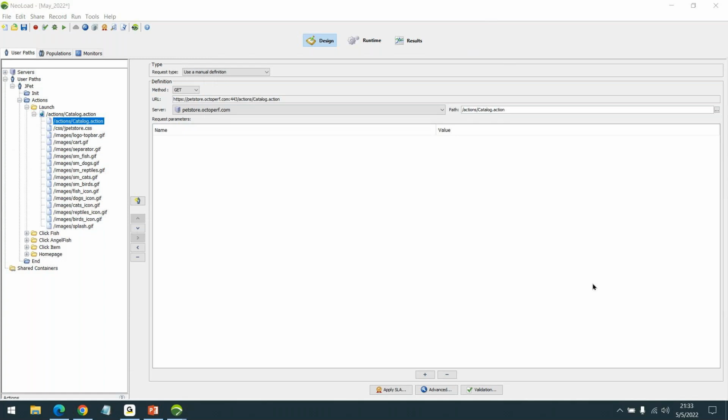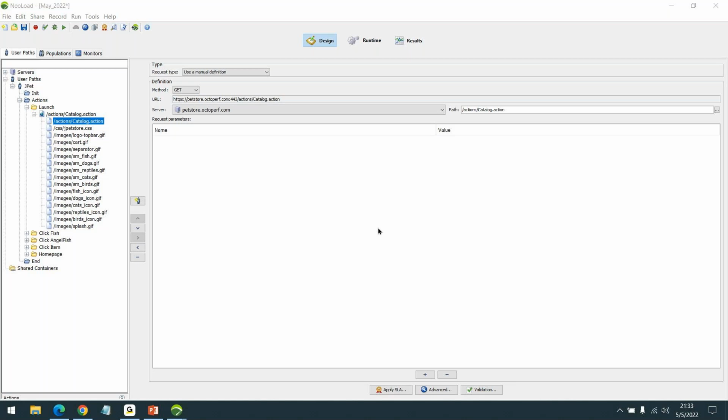There are different aspects included in the design perspective. We will work on correlation, which is to handle the dynamic parameters. We will work with parameterization, which is used to handle user-defined variables using the variable manager, and user session using tokens.